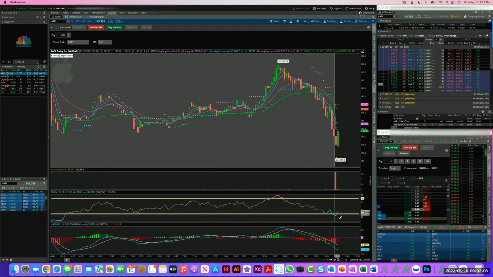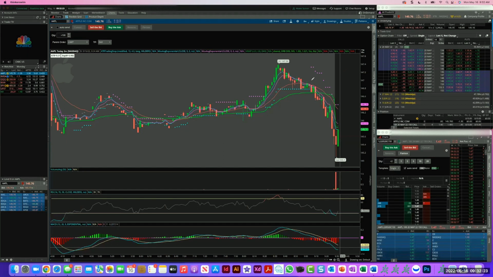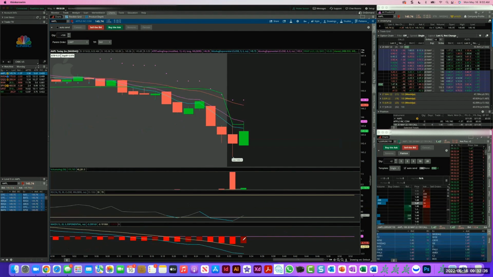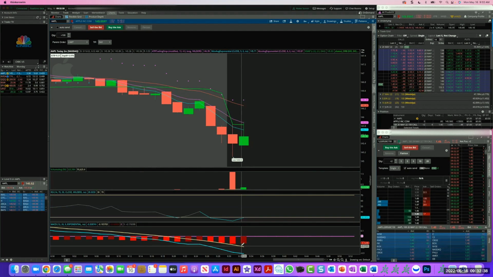So we were oversold on Apple. We're no longer. So we're turning up here on the RSI. All right. So we finally have a turn here on the MACD, which is what we wanted to give us a signal. Hasn't quite turned yet, but we're getting, as you can see, a darker red, which signals that we are starting to move to the upside. We really want this to flatten out and then to turn, and we want it to cross the slower trend line here. So one thing that's going to happen as well, at some point, probably about 9:46, you're going to see